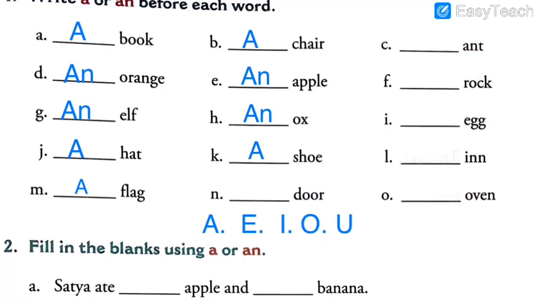Obviously it is a consonant. So if it is a consonant, what will you use? Yes, you will use A. So, A door. With this students, we have solved 10 of these words, and I hope the next 5 you will